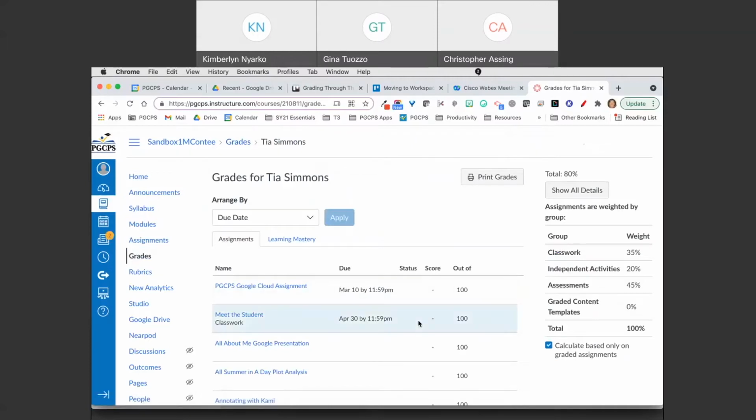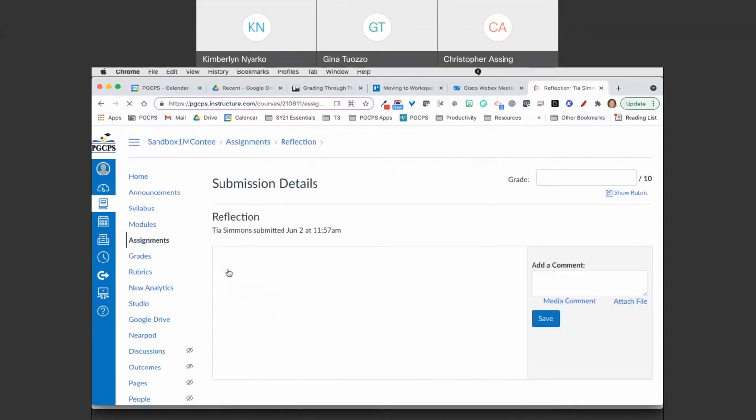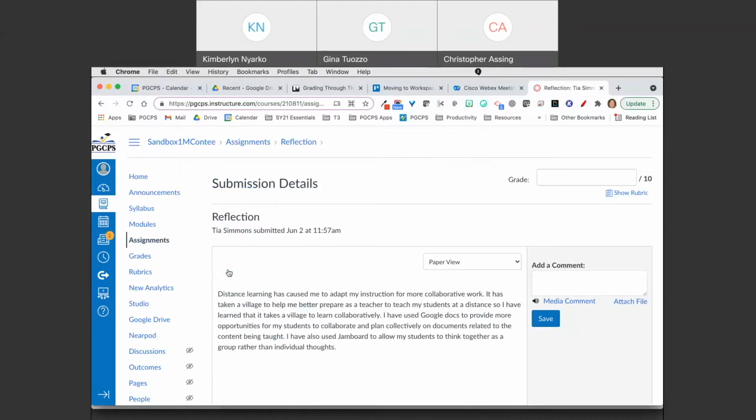Okay, and now I can come on down to that assignment, which was a reflection. And you'll see that this T means that there's text here that I need to grade. So click on reflection. All right, and now I can see what that student put in. So this is her work, and now I want to read it and leave some feedback. So to grade it, I can come up here at the top, give her a 10, and then I can add a comment. So